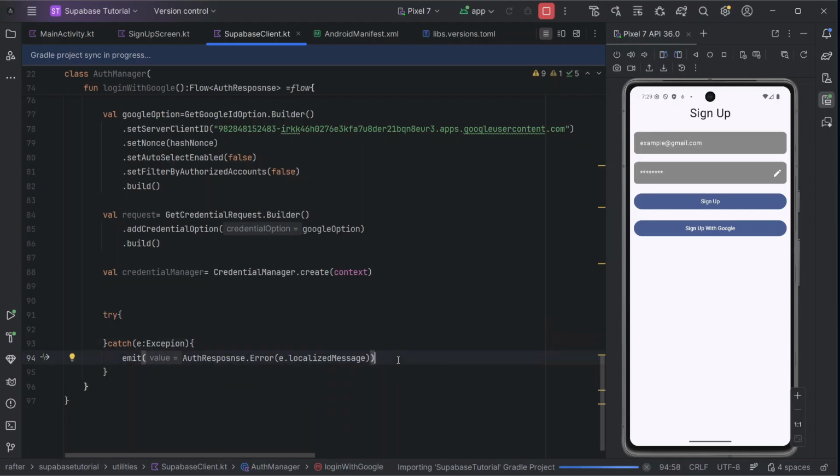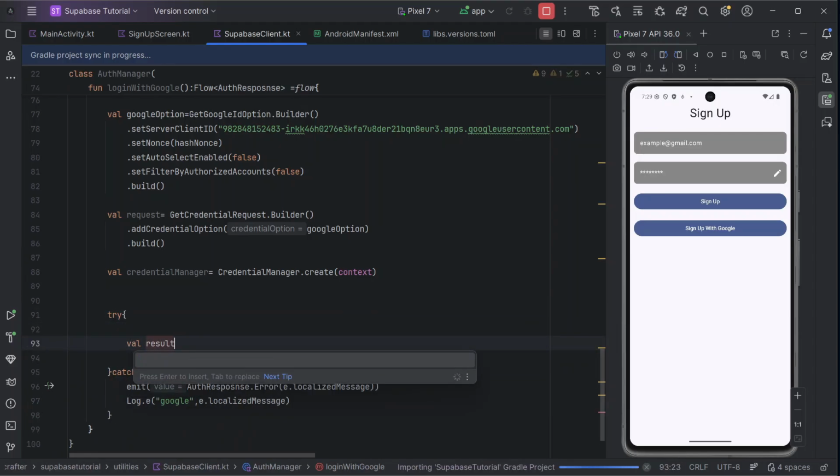I might also decide to tell the user of the error, maybe by having Google inside there, and then here I just decide to have e dot localizedMessage. And then now we have that